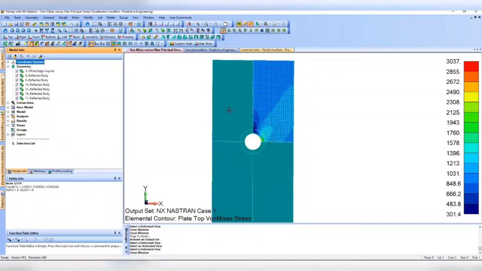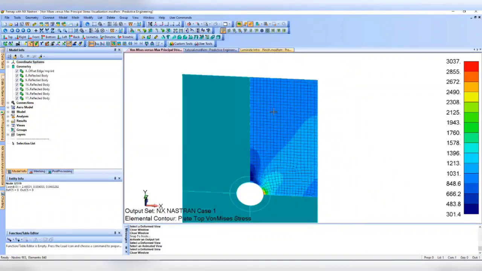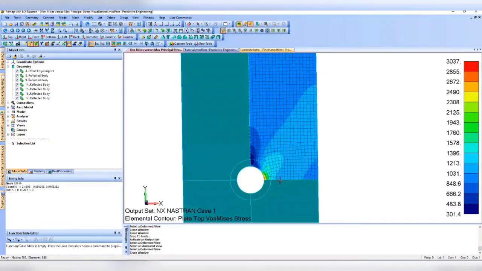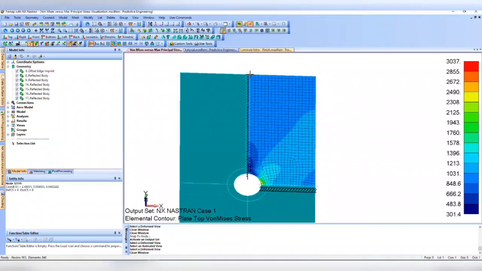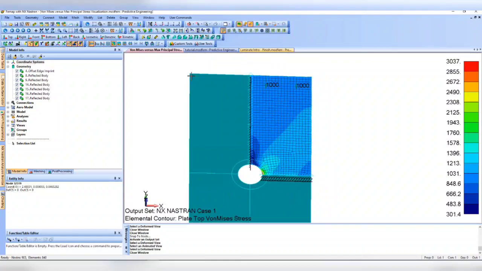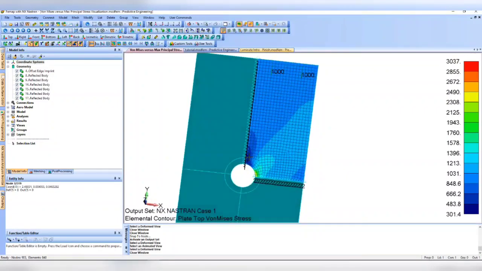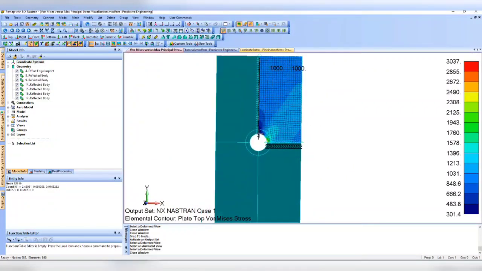And that's what we did here, is we modeled one quadrant only. And what we did is we applied symmetric boundary conditions along these edges. And our loading is also going to be symmetric. We're not going to apply the full loading. We're going to apply basically half the loading. Does that make sense? Basically, what I'm trying to get at is